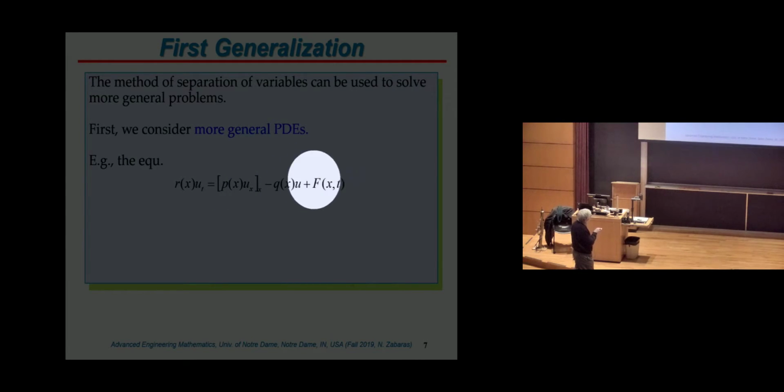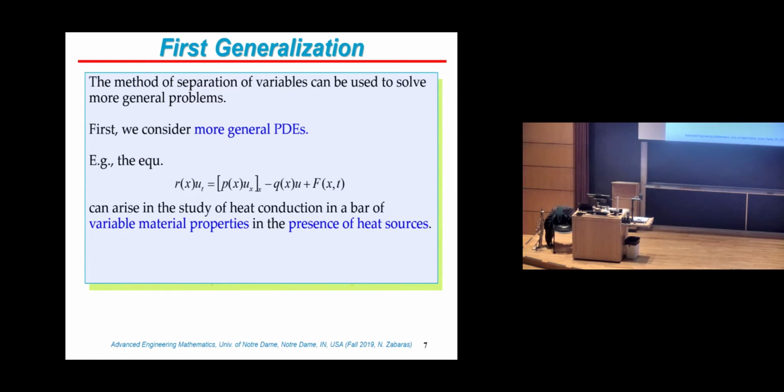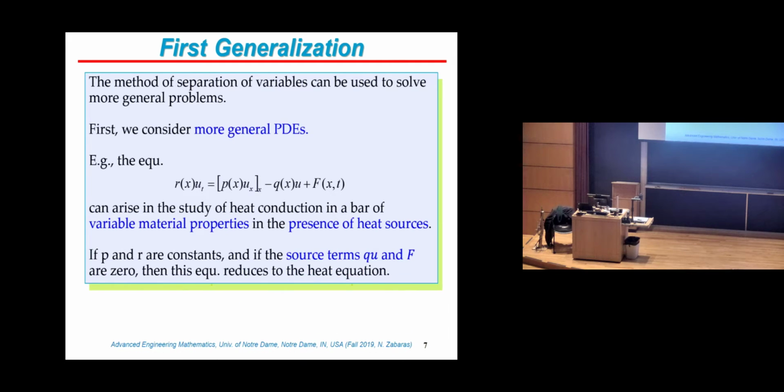And then you notice there are two source terms, one that is linear in u, and another source term that depends on x and t. I don't think we did any problem where we had such source terms. So one of them is linear in u, and another one is independent of u. All right, and so that's one of the generalizations: to work with this boundary value